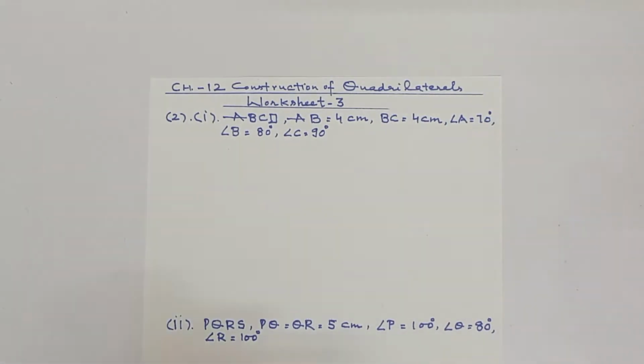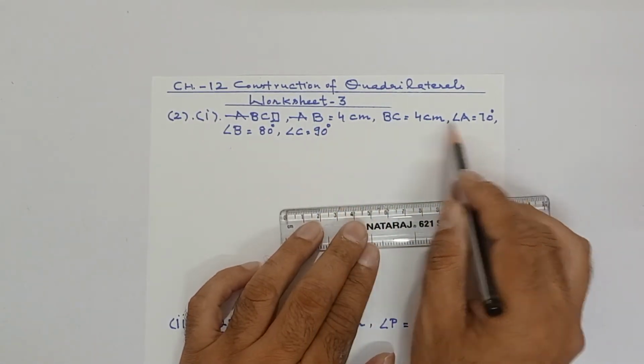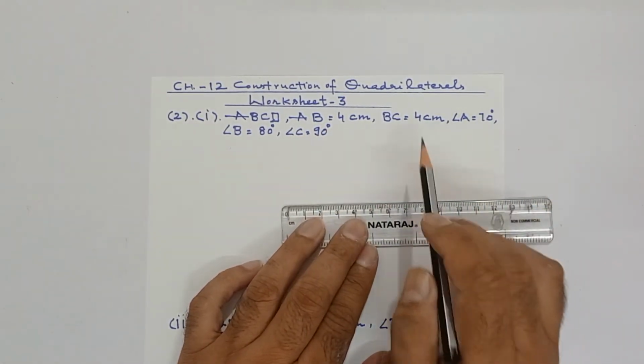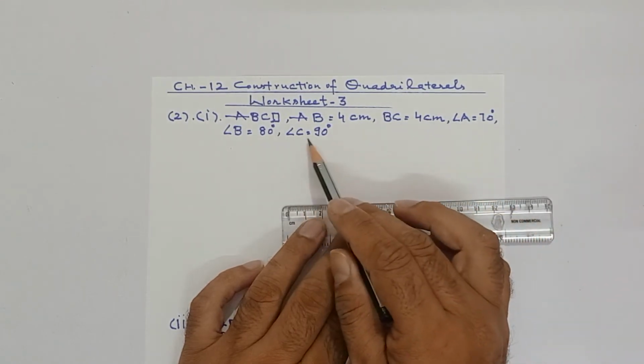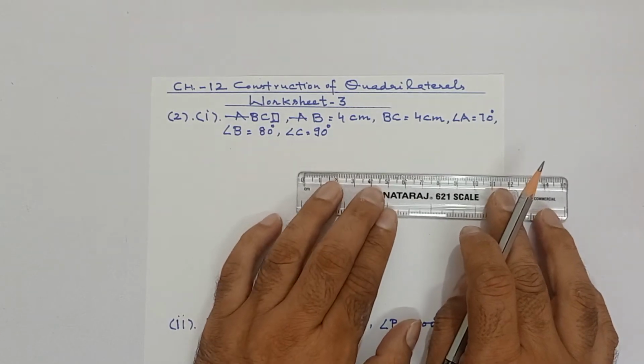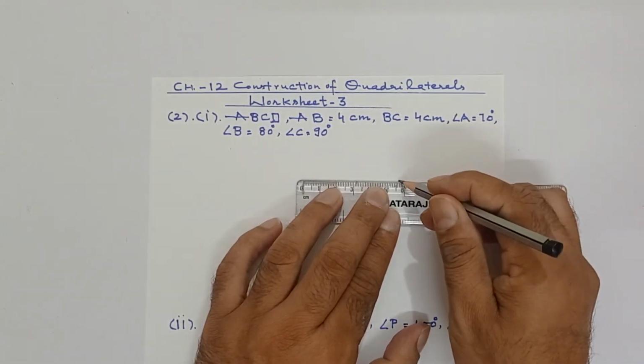So I am making a rough sketch of the same. AB line segment, if I take, I need A and B angles. So these are there. If I take BC as base, I need B and C angles. Those are also there. I need not apply the angle sum property. So I am making the rough sketch.